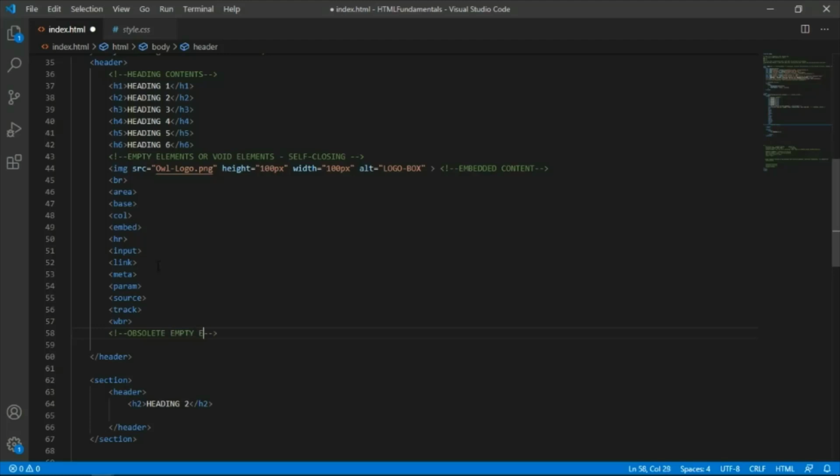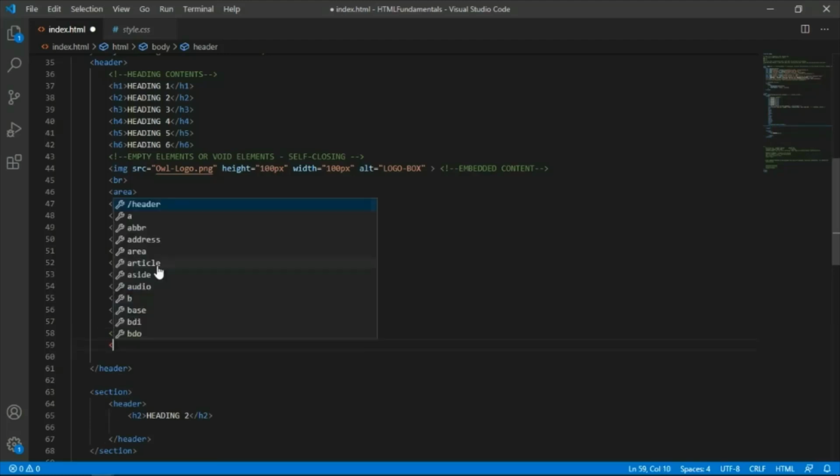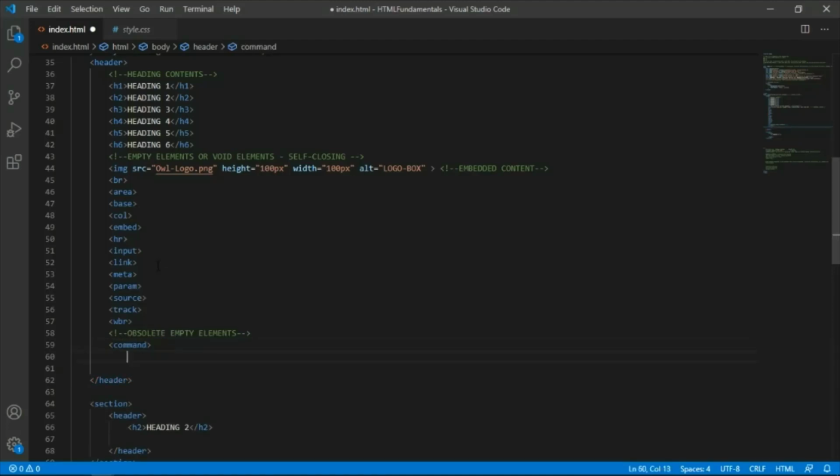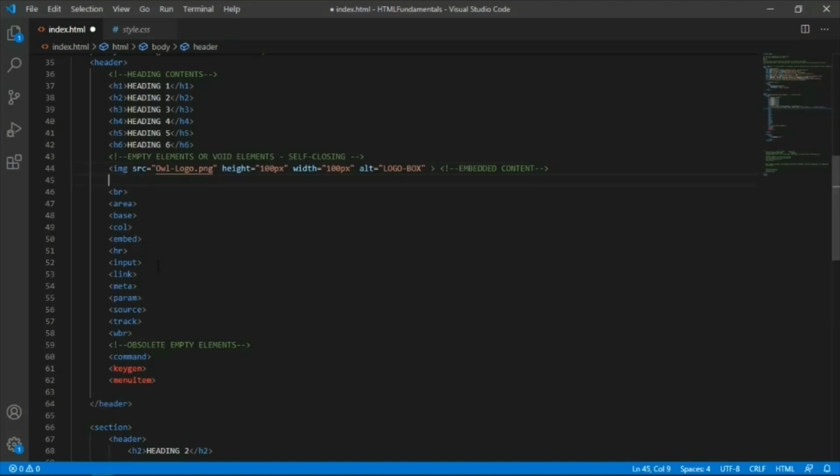empty elements, meaning these are no longer supported in HTML5. So that will be the command element. We also have the keygen element, as you can see there, and the menuitem element. So these are mostly obsolete empty elements. So these are empty elements, everyone, and you might get confused with the term empty elements because sometimes we might